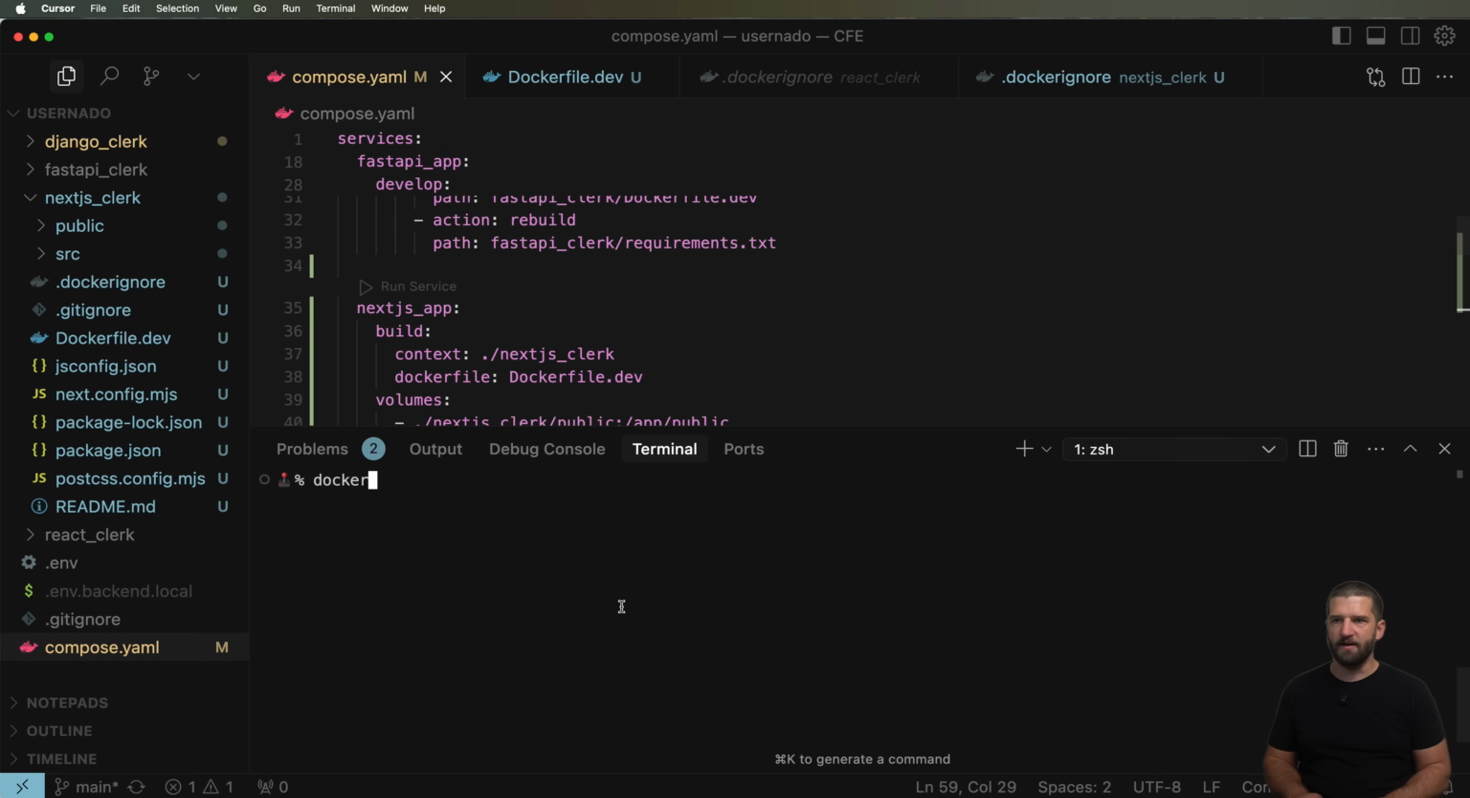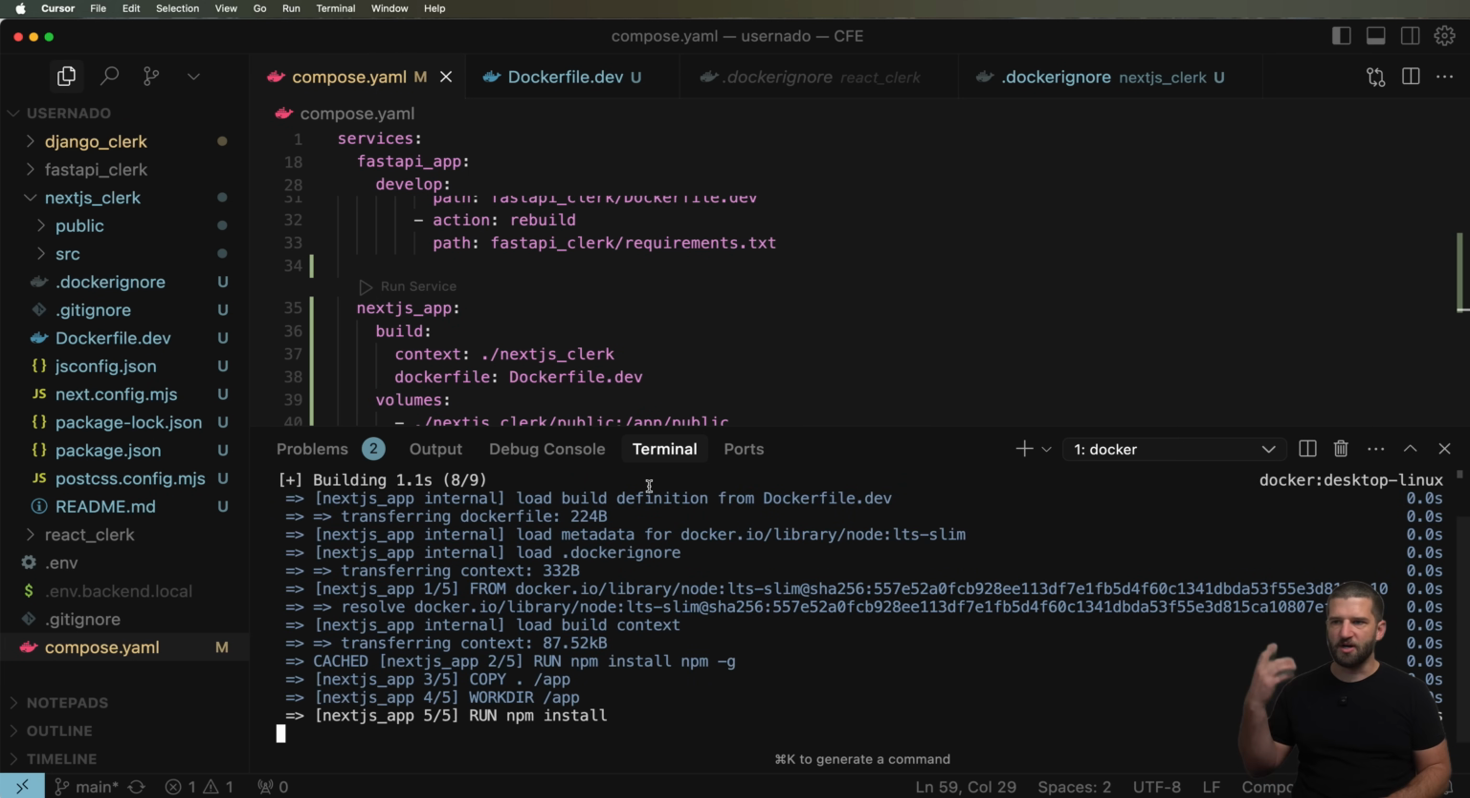So at this point, I should be able to build this app. So I'm going to call it specifically to build it. So I'll do docker compose build the Next.js app. Of course, the name of it right there. We're going to go ahead and hit enter, let that build out just to make sure that it ends up